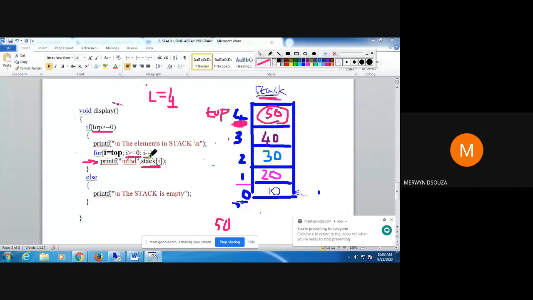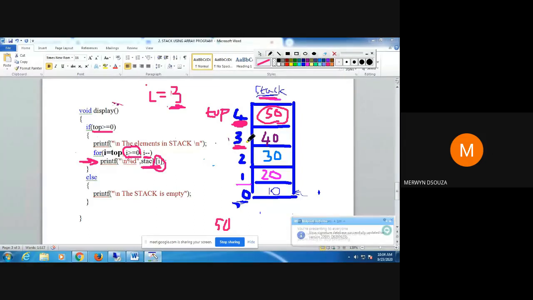Then i value is decremented. So i will become now 3. I check the condition. 3 is greater than 0. I print now stack of 3, because inside this there is i and i value is 3.